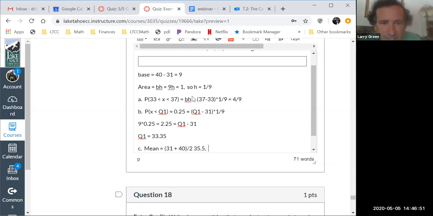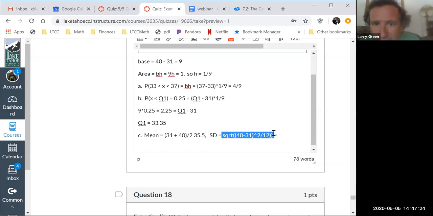Okay, standard deviation. I'll just write SD for standard deviation. That is going to be the square root of b minus a. So that's going to be 40 minus 31 squared divided by 12. That's just a formula, which is equal to,